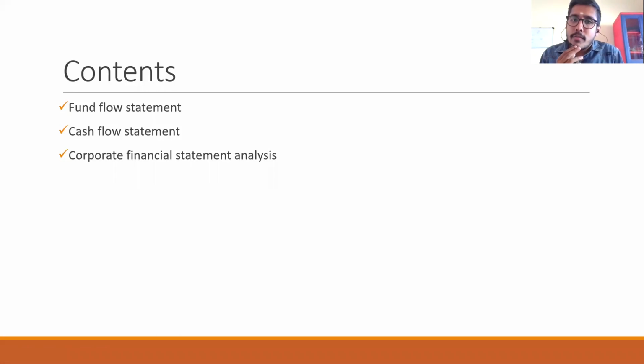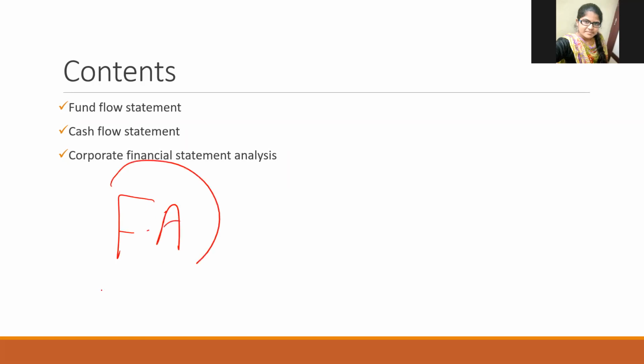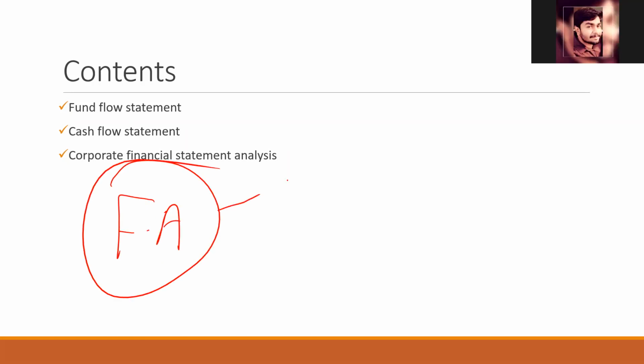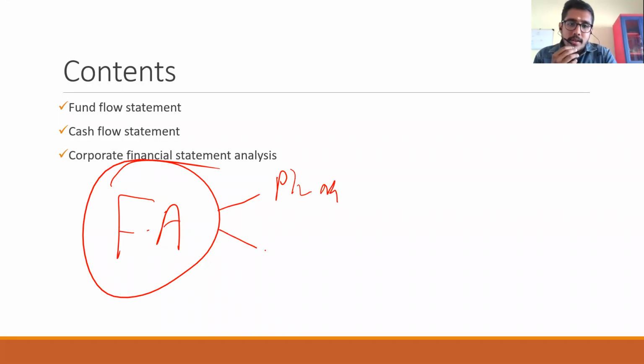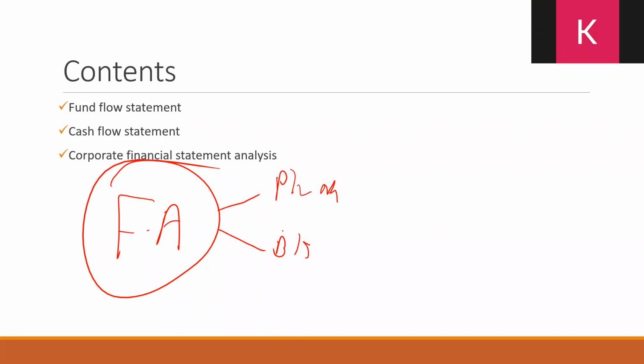And what did we say? What was the basic pillar, or what is the basic document that is required to prepare all these things? Trial balance. After that, final accounts: profit and loss account and balance sheet. So the main thing that you have to know is that while preparing cash flow statement and fund flow statement, we are extracting information from the final accounts. That is, it may be from profit and loss account or balance sheet.